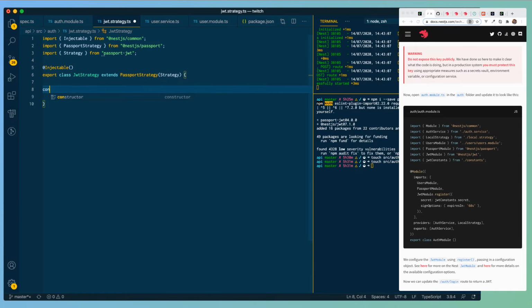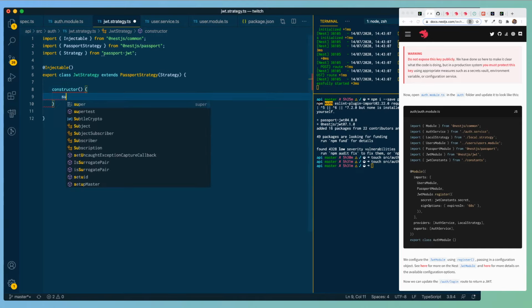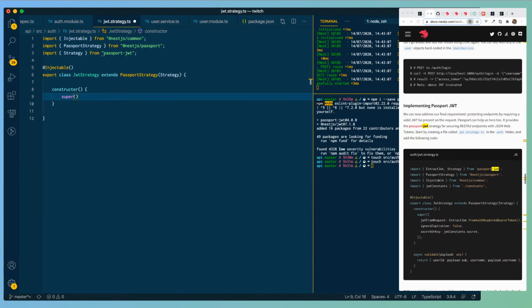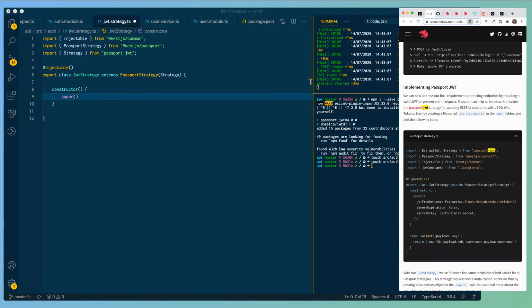Cool. So for the constructor, I basically need to call the super again in order to get that to work. If we take a look at the documentation, there's a few things we need to do inside that super. So we need to set the JWT from request. We just use this extract JWT dot from auth header as bearer token to instruct the strategy how to pull that